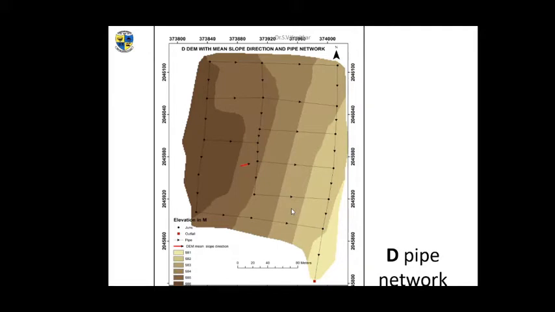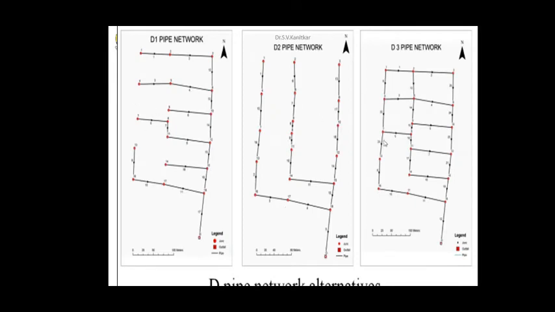So after you run the algorithm as a Python plugin, what you get is these different layouts. These are just sample layouts which are generated. So this is a mixed network, and after running the algorithm either across or along, so this is along the direction of mean slope of the digital elevation model.